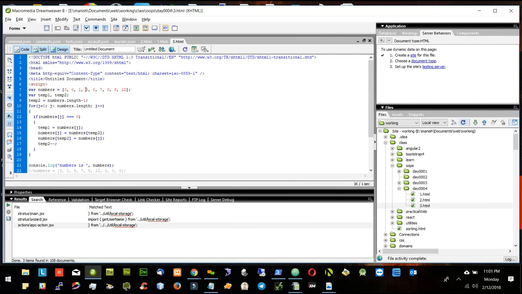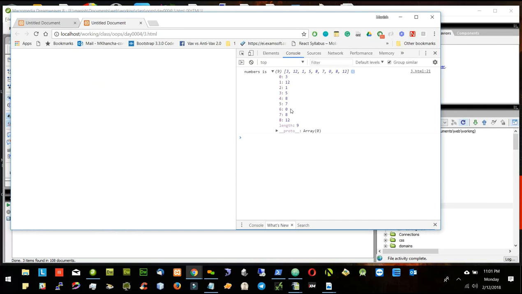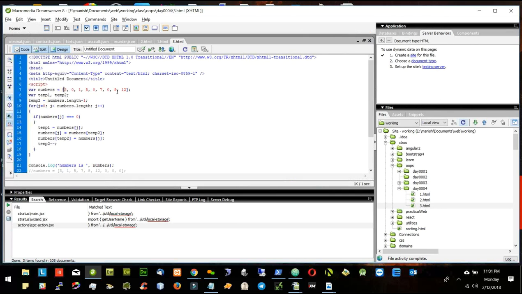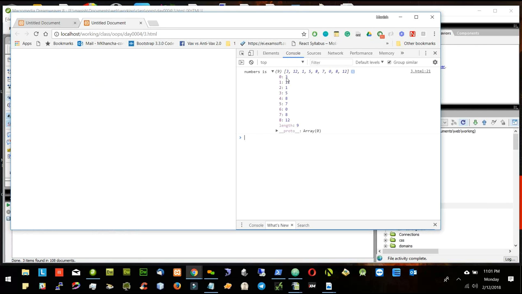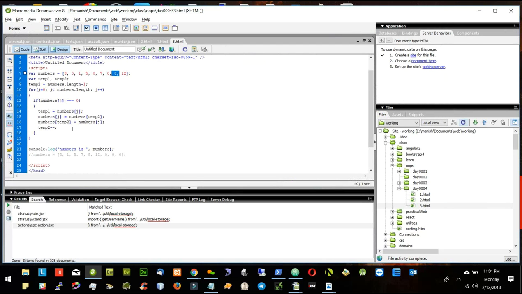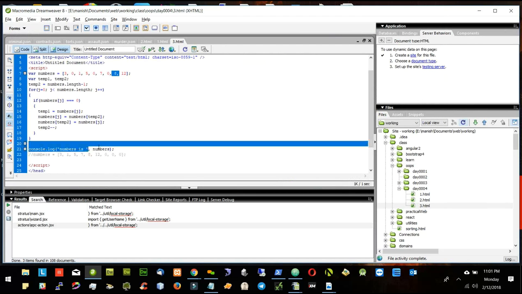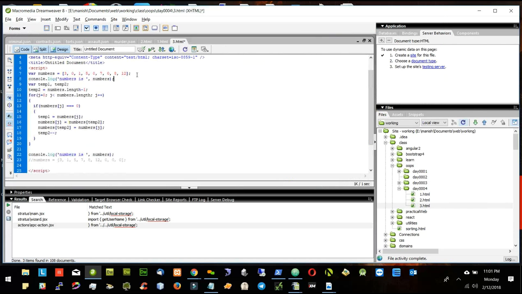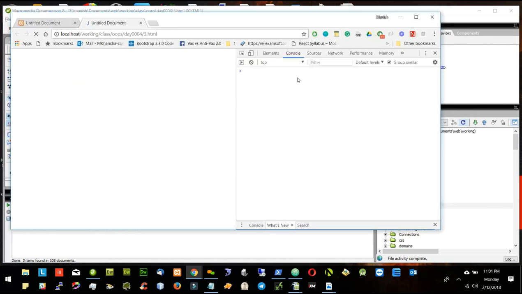3, 1, 5, and I should have 7, 8, and you are getting 2 times 8. You are getting 2 times many numbers, for example 2 times 8, 2 times 12. And there are 3 zeros there, and you are not getting those also. So if I print numbers here also,